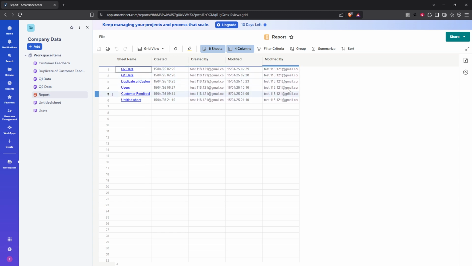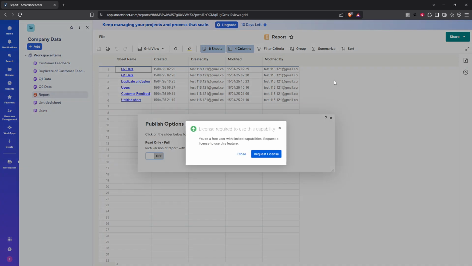Now that you have your report open, you'll want to look towards the right-hand panel. You should see a clear icon labeled Publish. Give that a click. This panel is where you initiate the publishing process, opening up your report to your desired